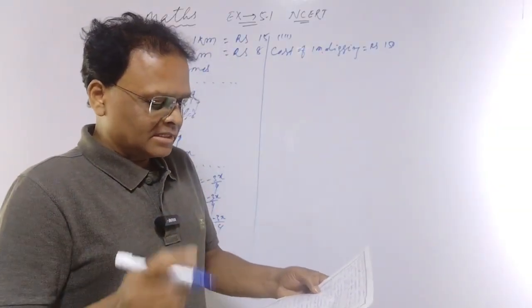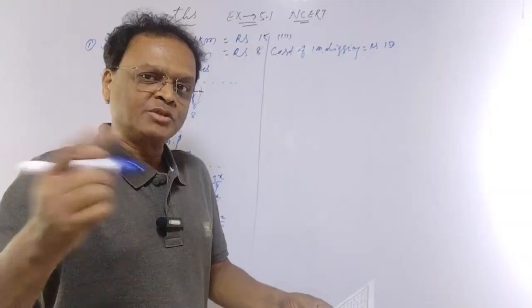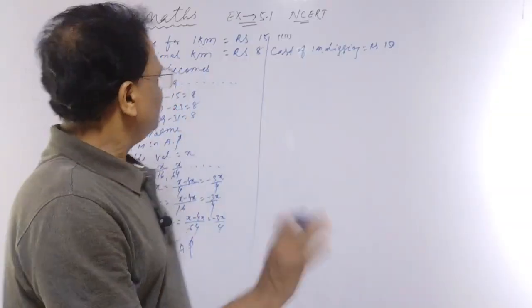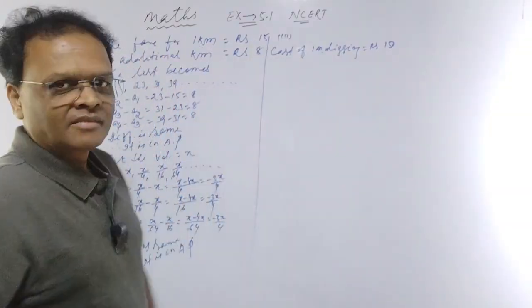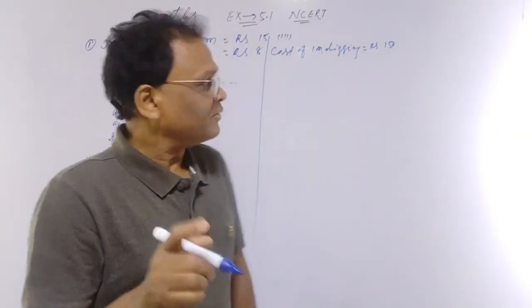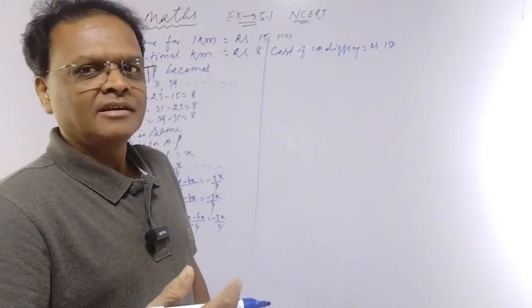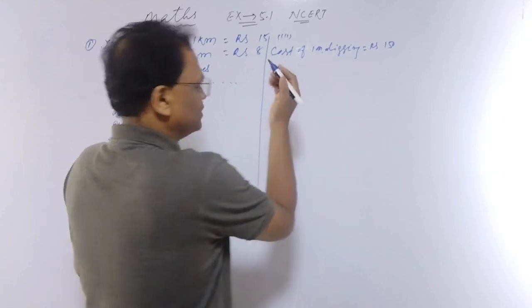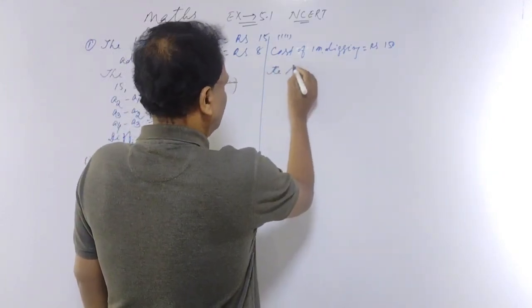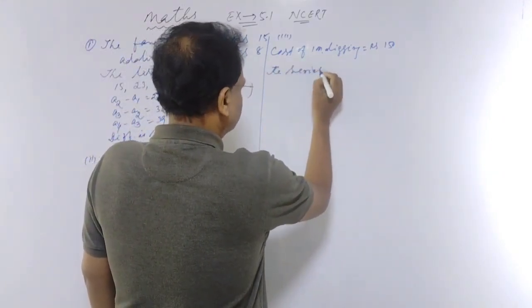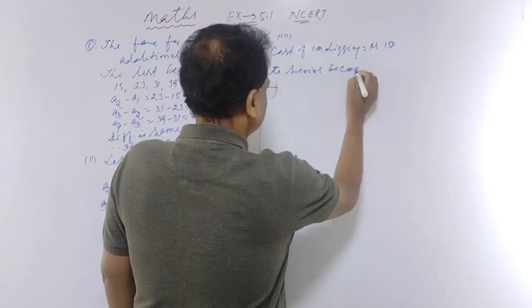Then the first meter, then it rises by 50 rupees for each subsequent meter. For 1 meter, the charge of digging is 150 rupees. For an extra 1 meter, what is he taking? 50 rupees extra. So, according to the question, the series becomes